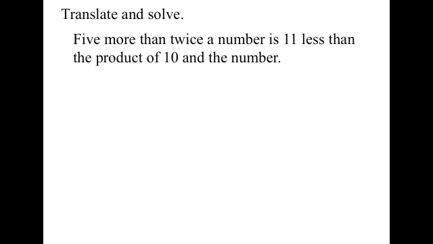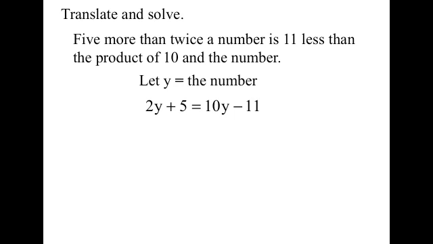All right, now you take the time to do this. Take a minute and translate. Pause the recording. Now check your work. My unknown, we're going to call it y. So 5 more than twice a number is 2y plus 5. Is my equal sign. 11 less than the product of 10 and the number. So 10y minus 11. Remember, your terms have to